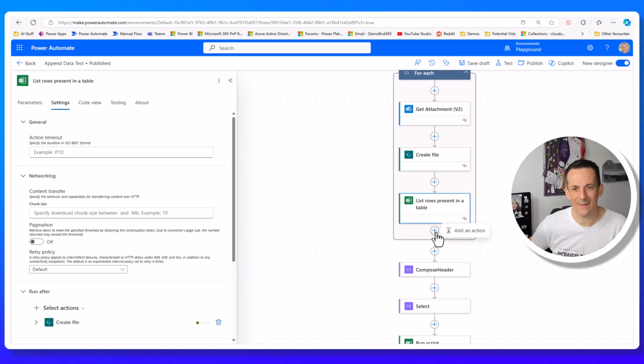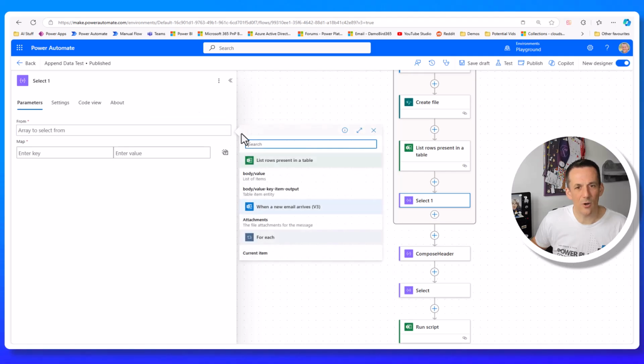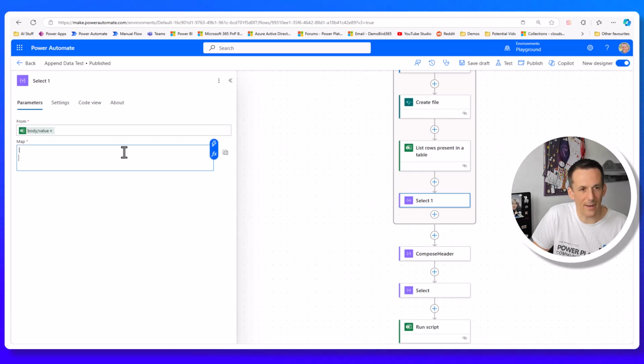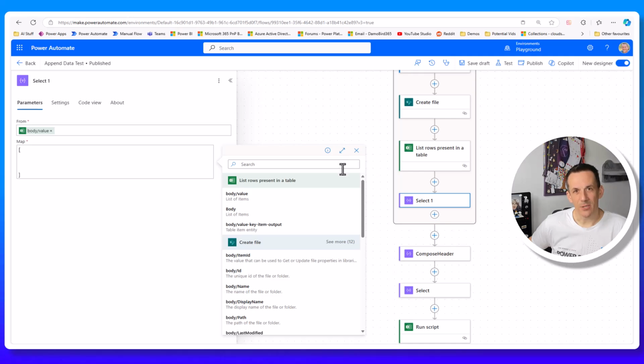So I'm going to add in a select action like so, and then the from is going to be based on the value, so the body value from the list rows. The map, rather than using key values, I'm going to switch to text mode, and I'm able to put in a square bracket at the beginning, a square bracket at the end, and then I can go and insert the dynamic values for each of the columns. So I'll use the lightning bolt, and much to my shock and horror, there aren't any dynamic values for the columns within the table. We can simply write expressions, and our column names are based on the existing incoming Excel